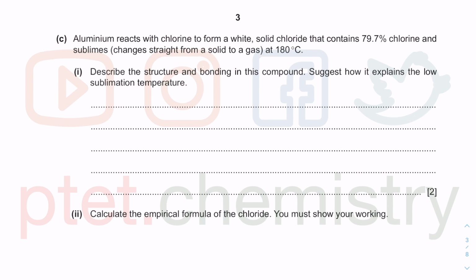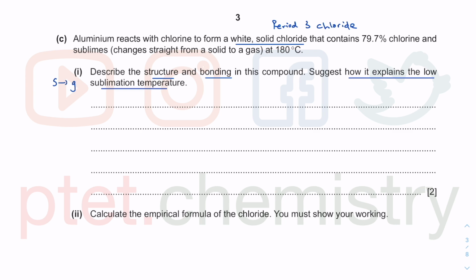Now the next thing, aluminium reacts with chlorine to give you this white solid chloride. This is part of period 3 chloride chemistry under AS periodicity, so this is still in the syllabus, obviously. Describe the structure and bonding, and then suggest how it explains the low sublimation temperature, solid going to